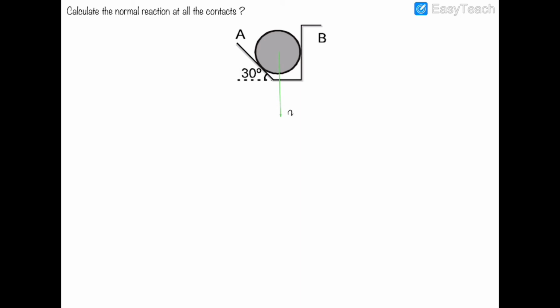Let us write it mg, and there will be a normal reaction perpendicular to the contact A, like that. So it is N1, let's suppose, and there will be a normal reaction N2 pointing towards left, like that. This is N2,